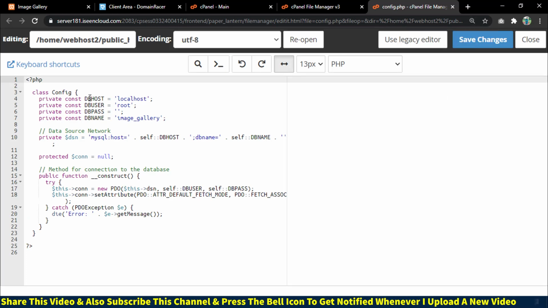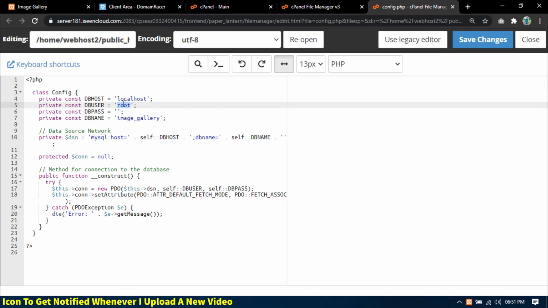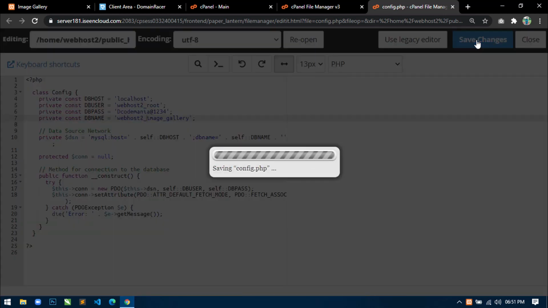This is the database host, that is localhost, so it will be the same. In database user we have to write webhost2_root. This is the database username, and database password is the one I set, and database name is webhost2_image_gallery. Now click on save changes.